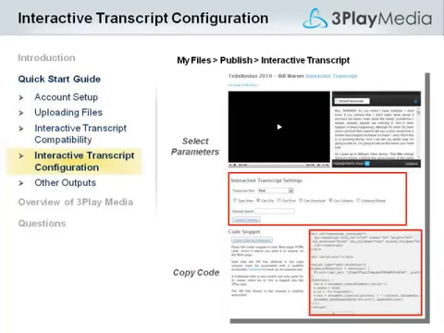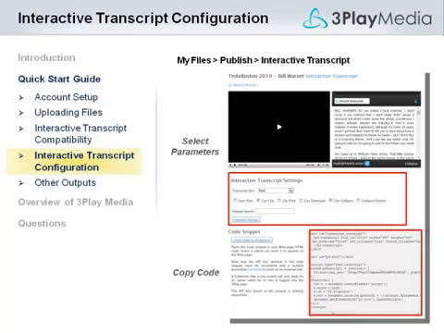When files are complete, you have the ability to configure your interactive transcript however you like it in terms of the appearance. You can select various parameters, such as whether to enable a clipping feature for people to share segments, transcript downloading or printing, whether it can be collapsed on the page, and pick from a few standard skins for how it appears. You then hit update settings and the code actually updates immediately for you. So you just lift that code out of the page and paste it into your HTML code.